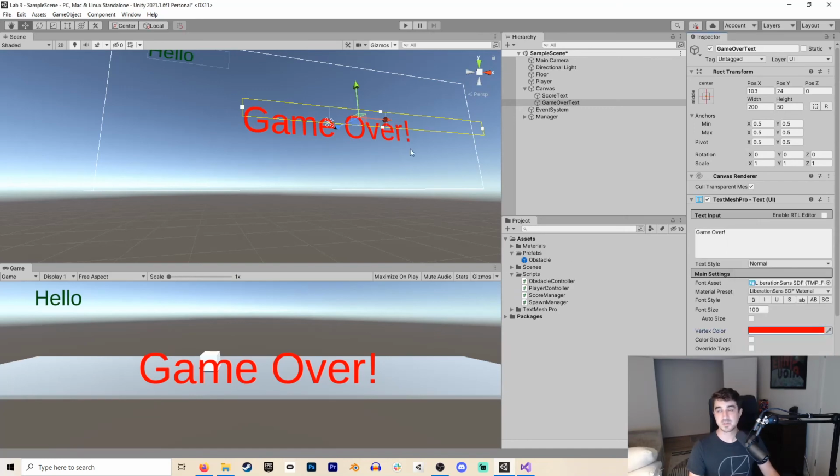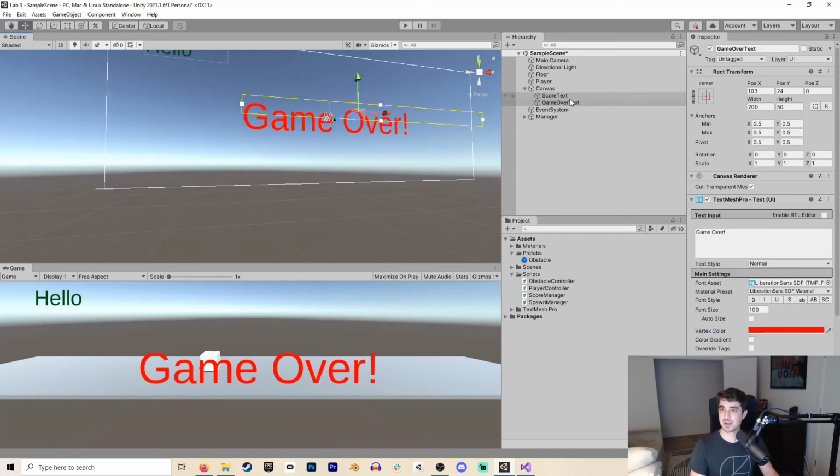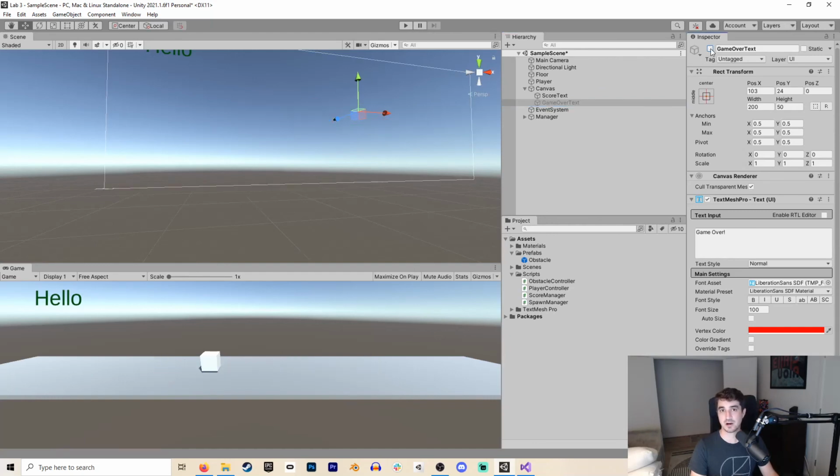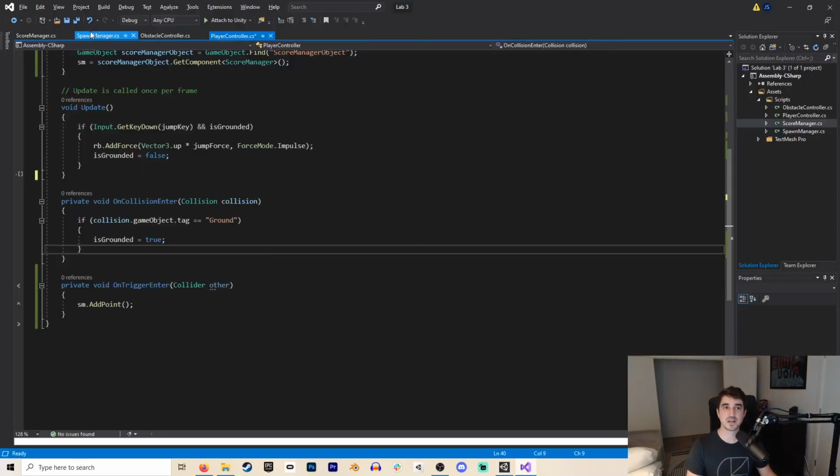But I don't want this text to be showing all the time in the game. So actually in this object up here, I'm just going to click this little checkbox toggle to turn it off. So this is the active checkbox. This is inactive. Now it's active. At the start of the game, I want it to be inactive. But in my score manager,